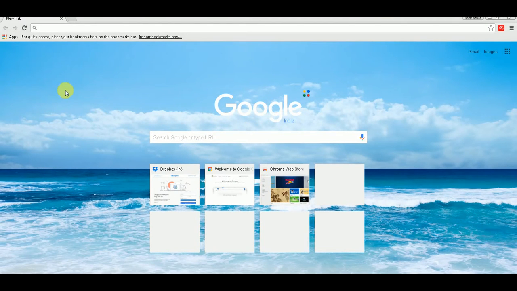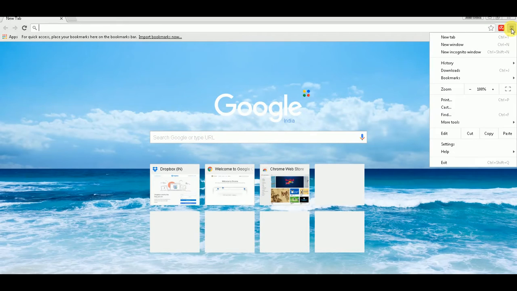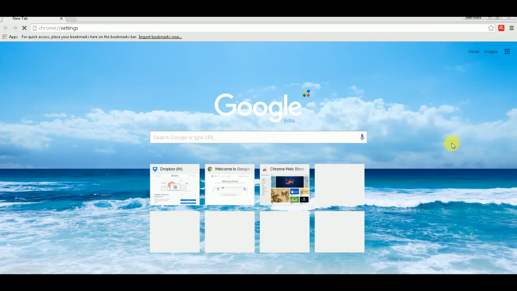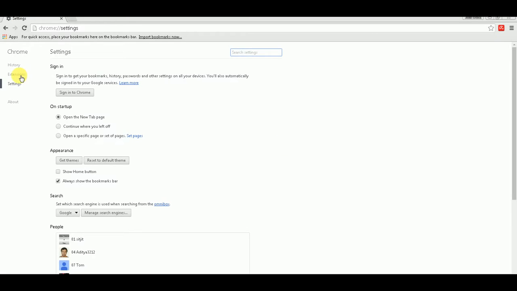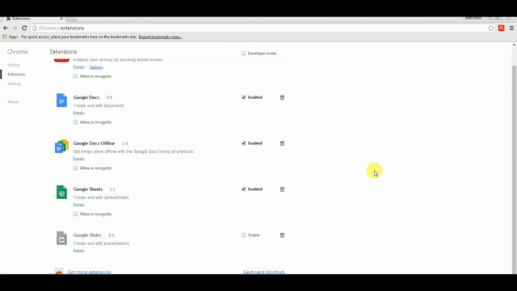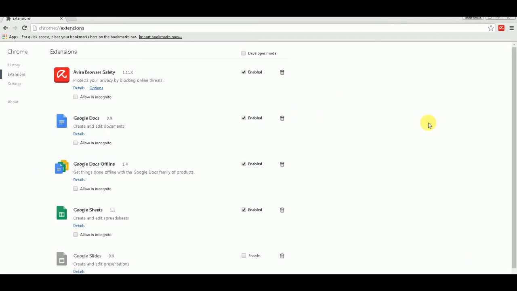Okay, as you can see, I am in Google Chrome, and I open the menu options, and then go to settings. Then click on extensions. Here you can see all the extensions that are downloaded, installed and enabled in my particular Google Chrome profile. Now there is an extension that I want to install, which I assume is not available in the web store, though it is available. The name of that extension is LastPass, and this application is available in the store. Let me show you.